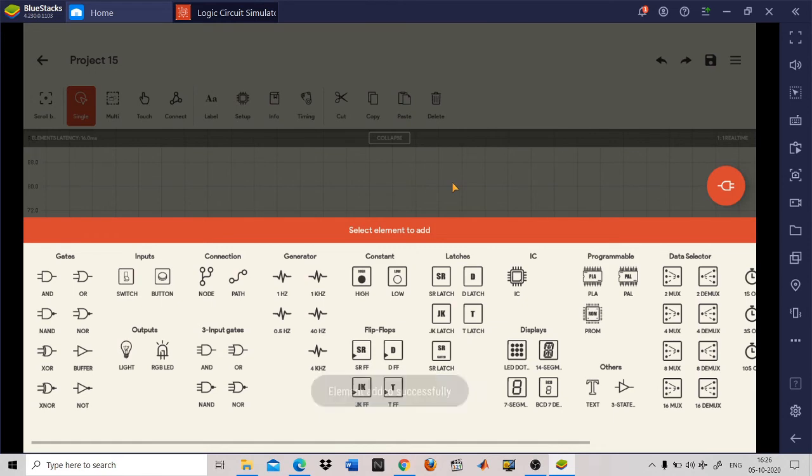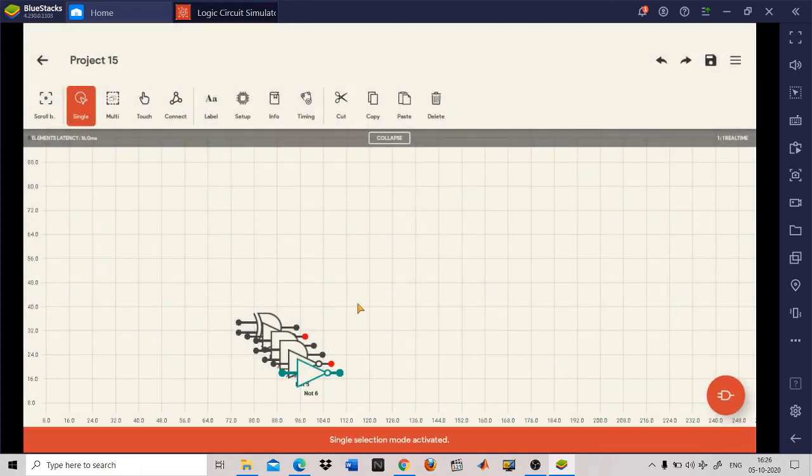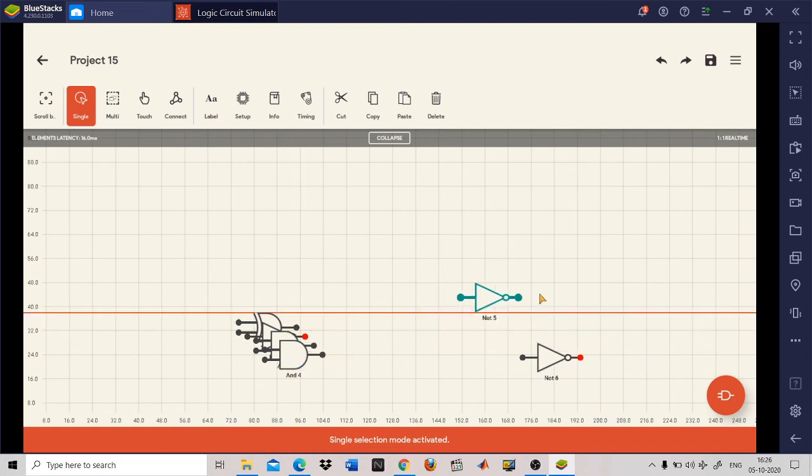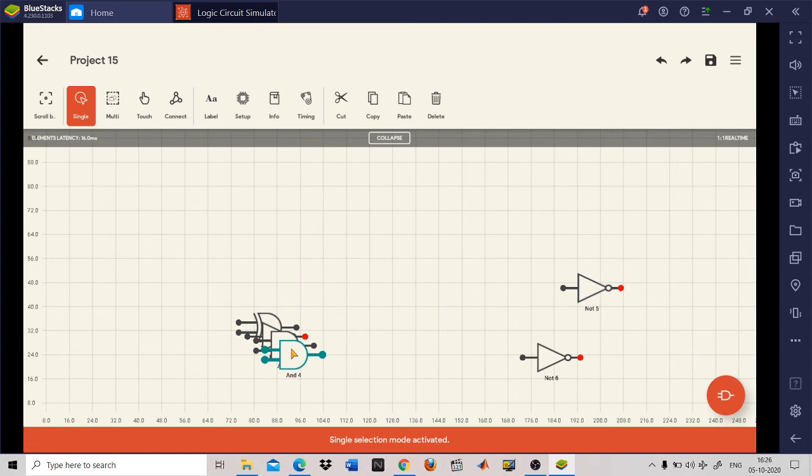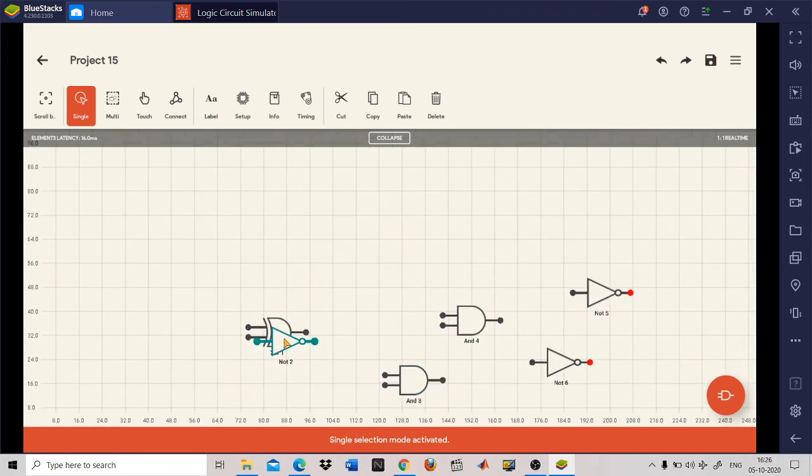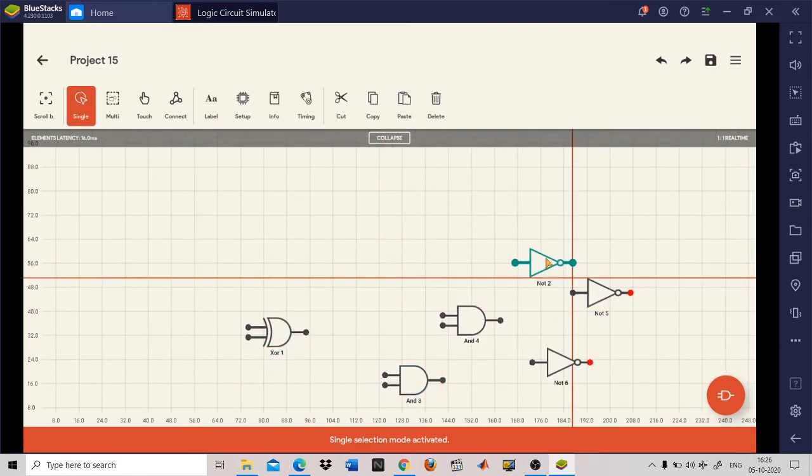Now click here. Then you will come in the main window. Now try to rearrange all this logical circuit by using the logical gates. Now if you click on the element, the green symbol will come in the front. It means that the element has been selected. Now you can drag that element anywhere in the window. Now we are in the single mode, so we can select one element at a time. See, first the green color came and then we are dragging here and there.